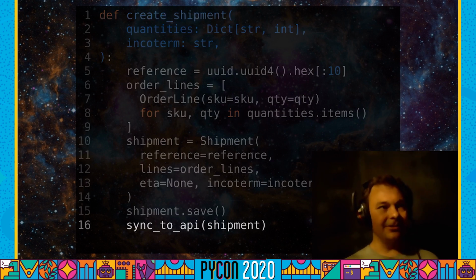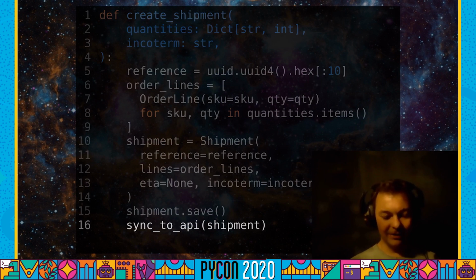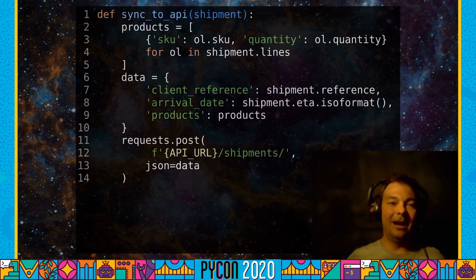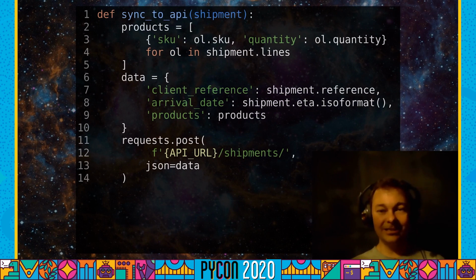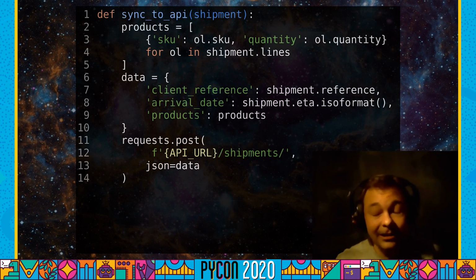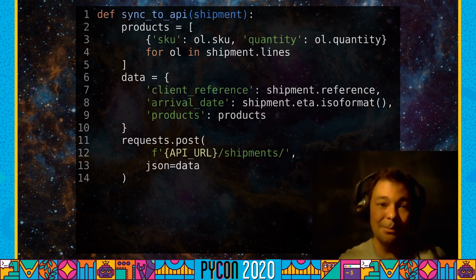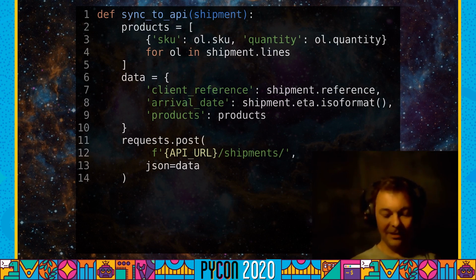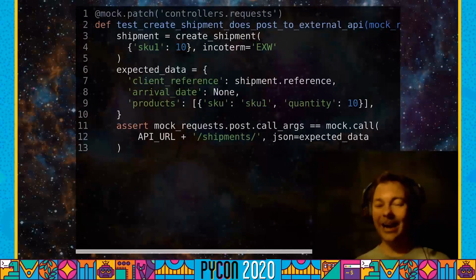And then the next thing I need to do is sync it to the API. And so I've hidden that in another function for you. What does that look like? Syncing it to the API. Well, I'm going to take my shipment. I'm going to build some attributes out of it into simple data structures, and I'm going to send them as JSON to a third-party API. There it is, requests.post, and I have some data. And the kind of stuff that's going on here is the kind of stuff that I hope is familiar to people watching this. We munch some data around, we turn it into JSON to match some third party's requirements, and we fire it off. So far, so good. How do I test it?